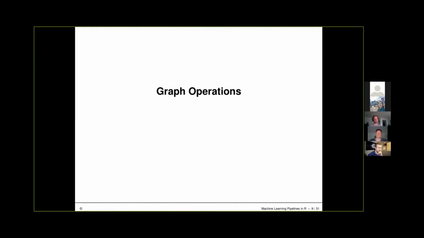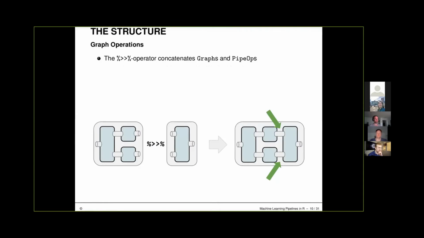Okay, so let's make it more interesting. Let's now connect these things into full graphs. In order to connect stuff, the package gives you a couple of operators. The most important operator is this pipe operator here. We created a new R operator, and that concatenates different pipe operators in a sequential manner, or it concatenates graphs. So what this basically does is, in the most complex version, you have a partial graph